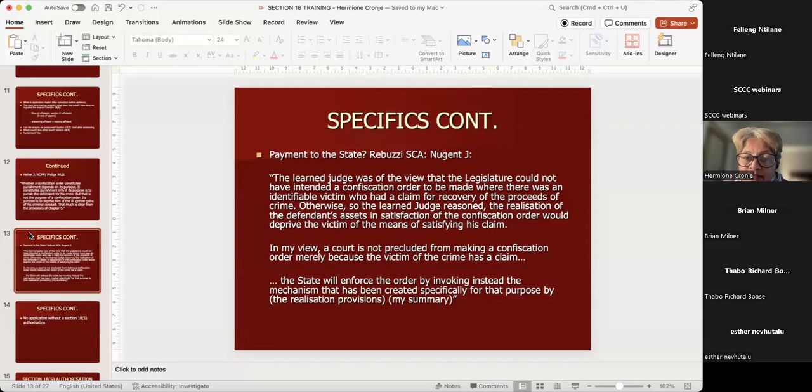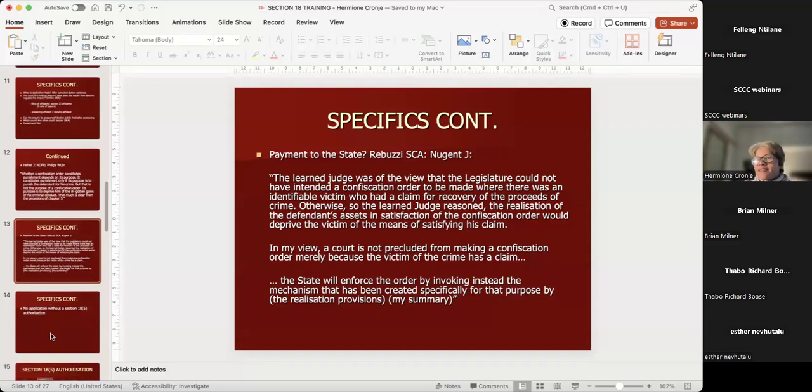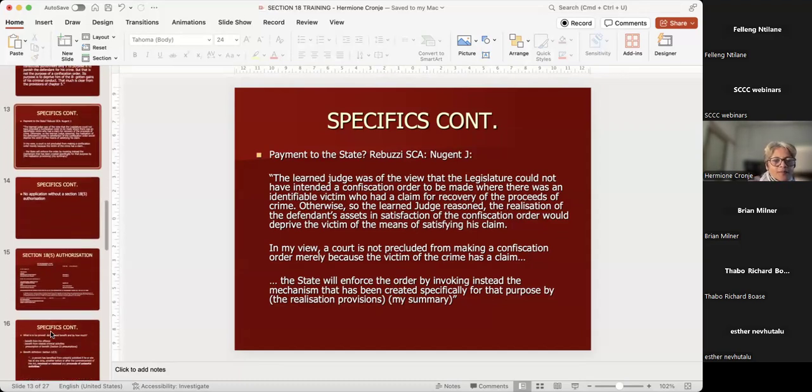What was the value of the benefit that the court should recover from him? Well, Section 26 does impose a limit. It says the court can't order the recovery, in a Section 26 inquiry, beyond what he still has, because then we are venturing into the realm of punishment. But as I said, in Section 18 inquiries, the inquiry is limited to: was there a benefit and what is an appropriate value? And in the exercise of that discretion, it's up to a presiding officer to decide what amount ought to be recoverable. And because I want us to open up for questions,